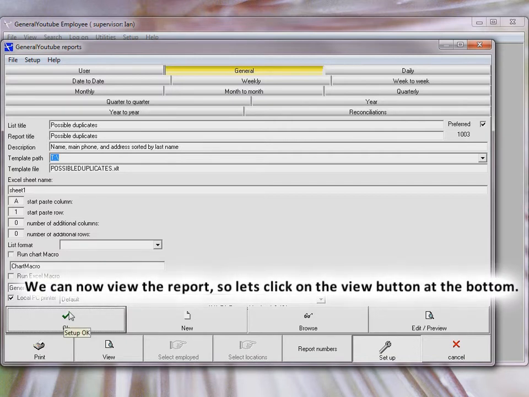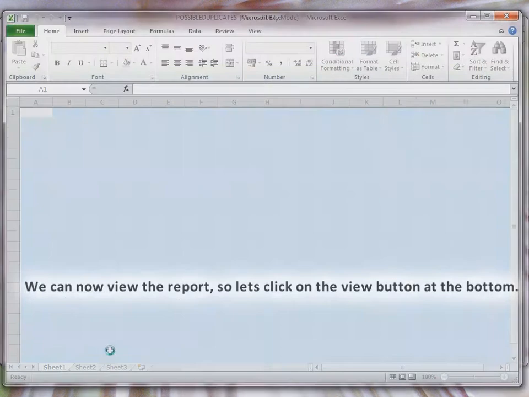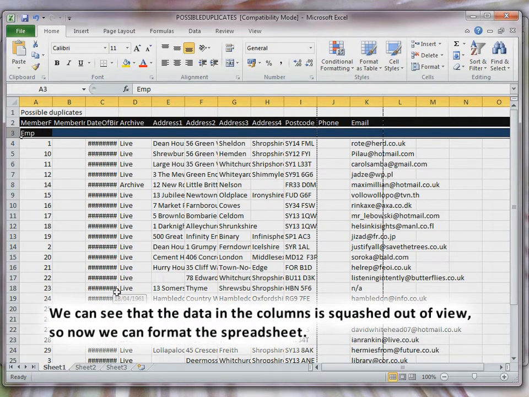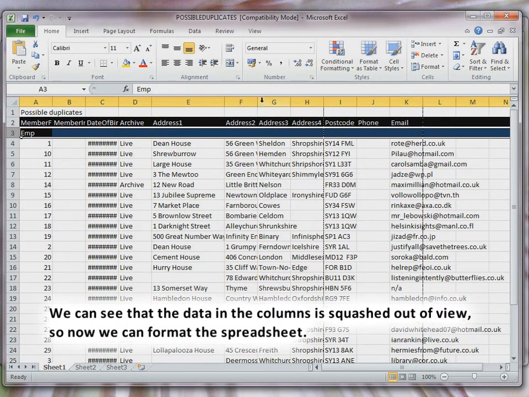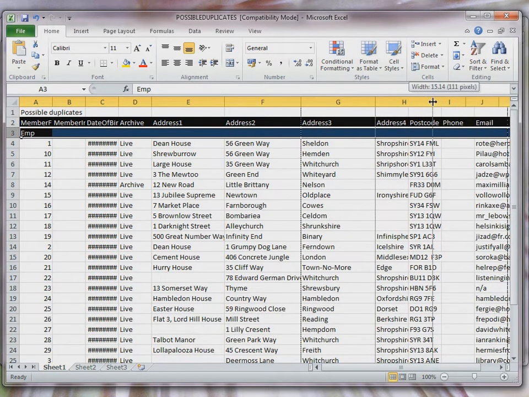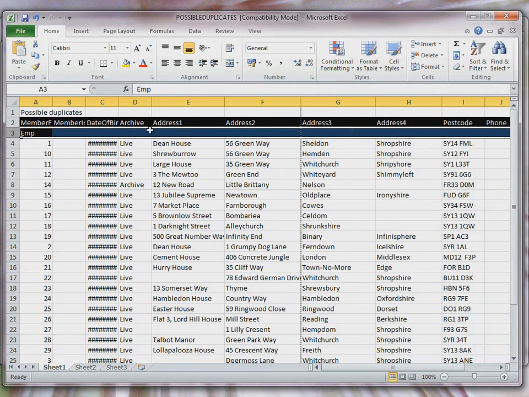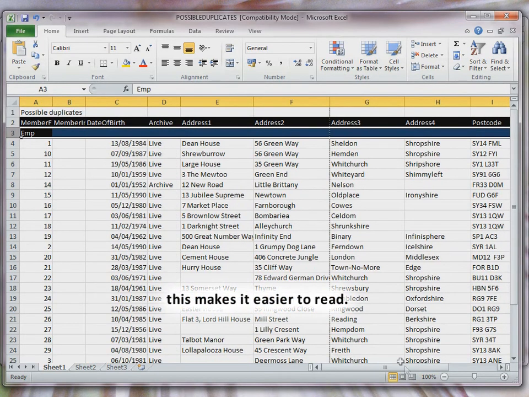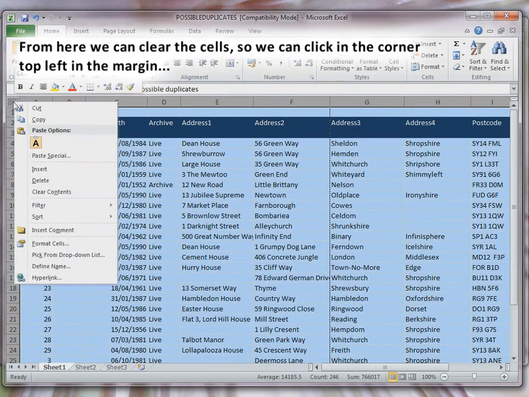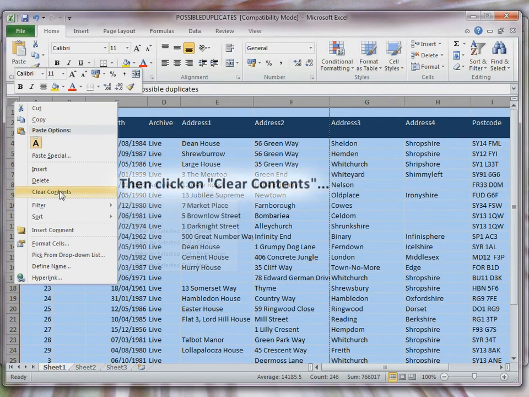We can now view the report, so let's click View at the bottom. And this has opened up a spreadsheet of the data the report has collected. We can see that the data in the columns is squashed out of view, so we can now format the spreadsheet. And this makes it just a little bit easier to read. From here, we clear the cells. If we right click on the top left in the margin, and then click on Clear Contents,